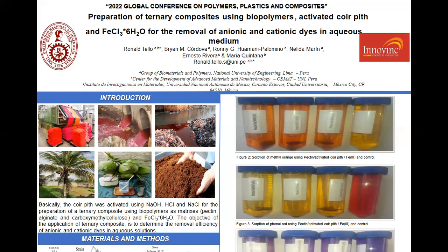Indeed, exposure to the dye through ingestion can cause harmful health effects in humans. Furthermore, dyes are carcinogenic and mutagenic. They can cause kidney, bladder, and liver cancer. This issue represents a serious problem, taking into account that commercially available adsorbents are usually very expensive for their application